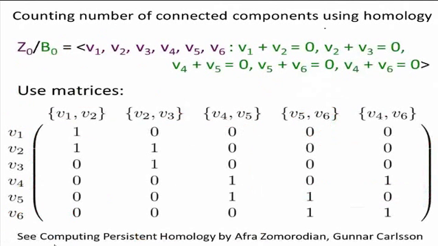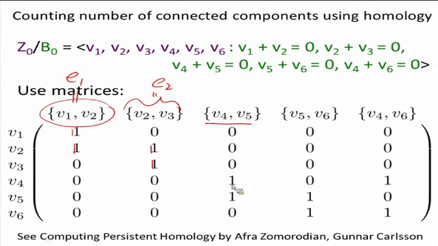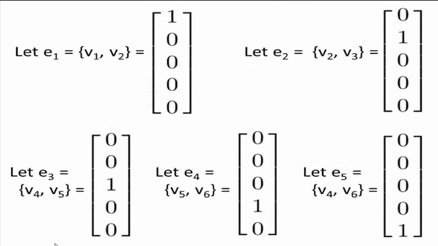And that is just the transpose on the preceding page, where the boundary of V1, V2, that was my edge E1, so I can either use E2 or I can use V2, V3. So a pair of vertices will represent an edge. The boundary of E1 was V1, V2. The boundary of E2 was V2, V3. If I've got V4, V5, then I will have a 1 in the V4 and a 1 in the V5 row underneath the V4, V5 column. And if we take a look at it as a map, first, since we do have a 5-dimensional space,